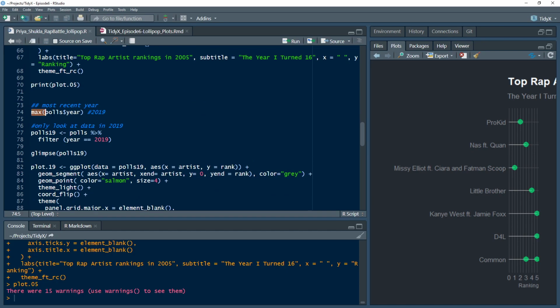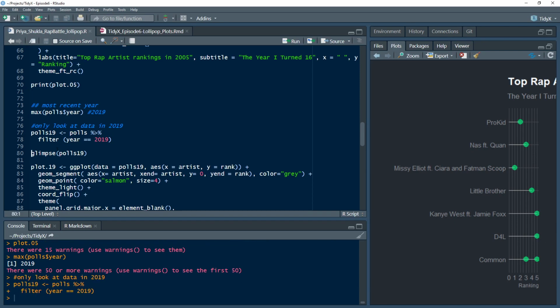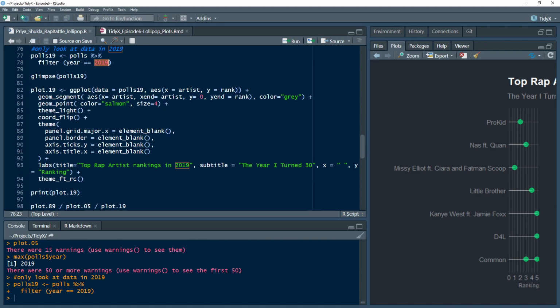So now she wants to grab the most recent year, and so the way that she did that is she grabs the year column out of polls using the $, and then calls a max on it. So that returns 2019, which is last year. So that is the most recent year that they have data for. She does the same sort of filtering, keeping all the cases where year is equal to 2019. Throws it into the same plot here where